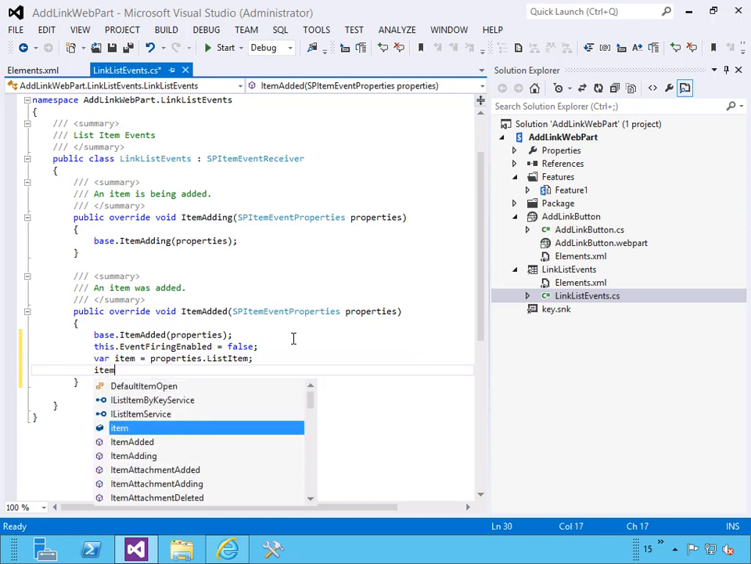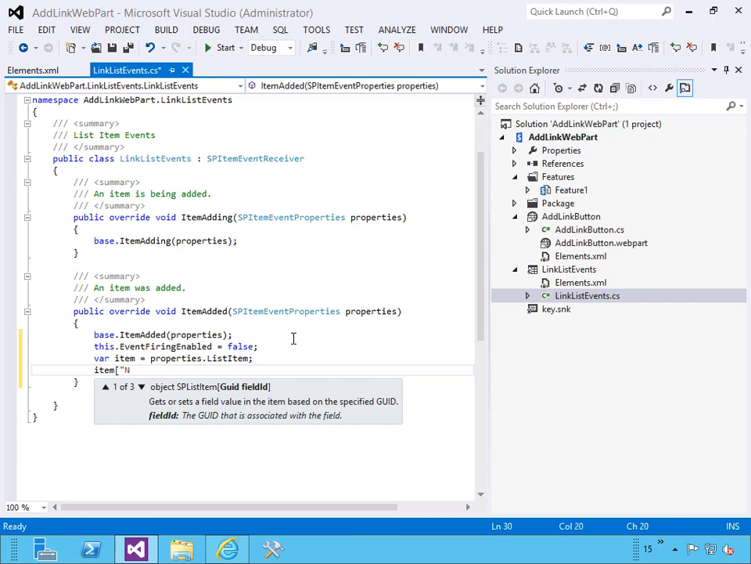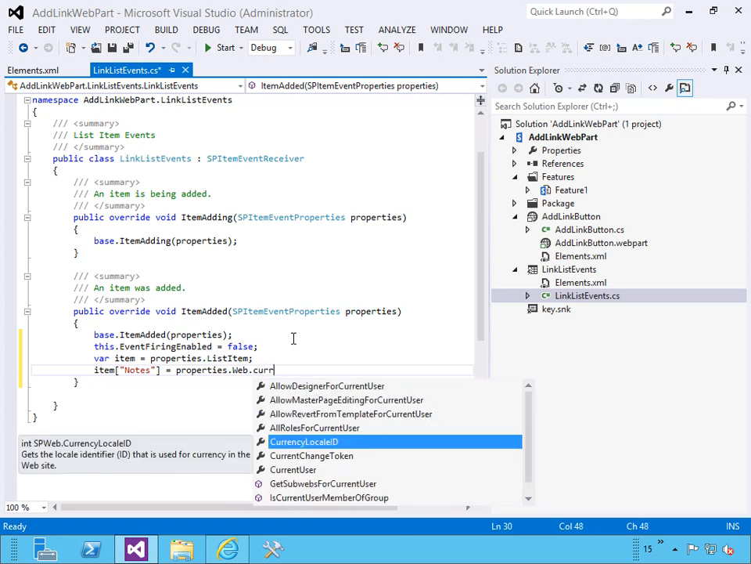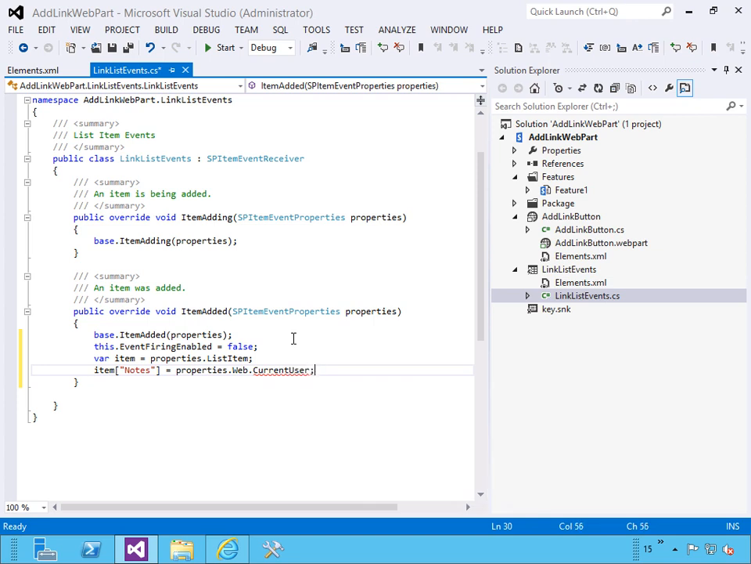And what we're going to do is modify the item. We're going to modify the notes field in the links list. We'll use the properties again, SP item event properties, that's getting passed to us. Get the current web and current user. So we'll just set in the notes, we'll just set it to the current user. And then we have to call item update. And then the next important thing, we have to call